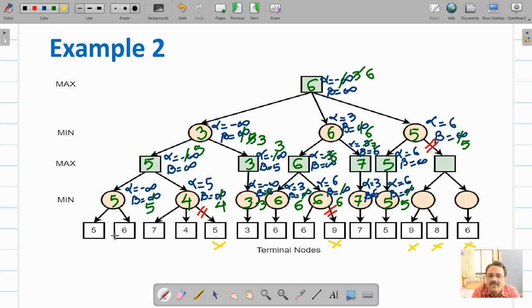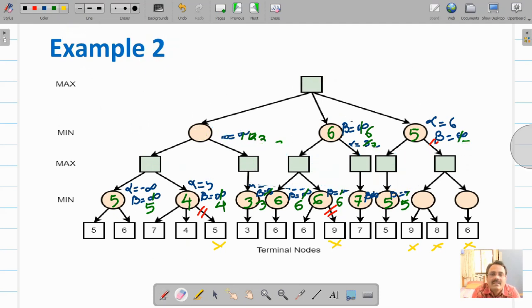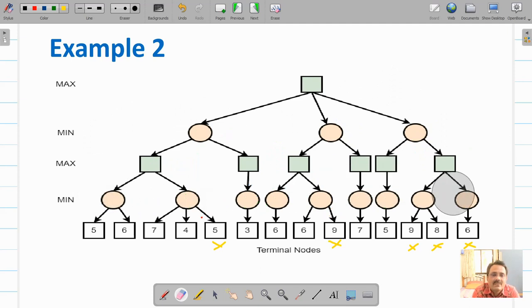Now minimum of these 2, okay, I will remove all this. Let us find out what result Minimax will give.